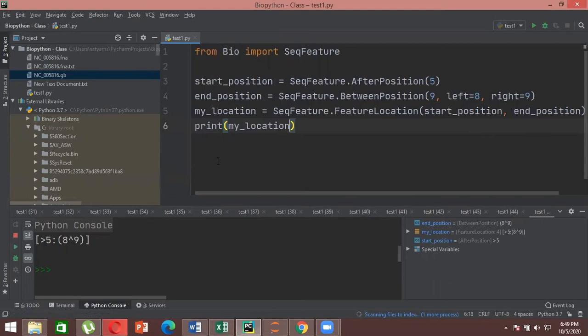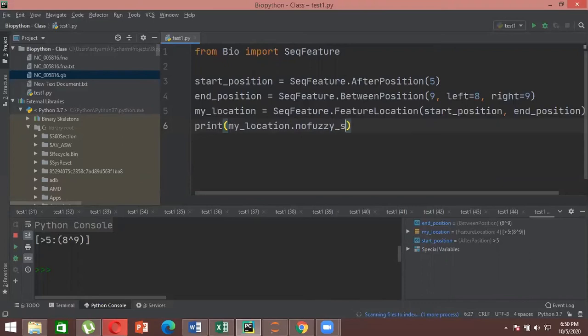Now sometimes what happens is, if you are working with an older version of BioPython, or let's say you don't want your fuzzy ends, okay, you want a specific ending location or a specific start location, what you can do is you can just write another command instead of printing my location. So here while printing my location, it gave me this output which basically contained the fuzzy location. Let's say I don't want a fuzzy location. So in that case, what you want to do is first you have to access your my location, this one, and then with my location you can just write no fuzzy